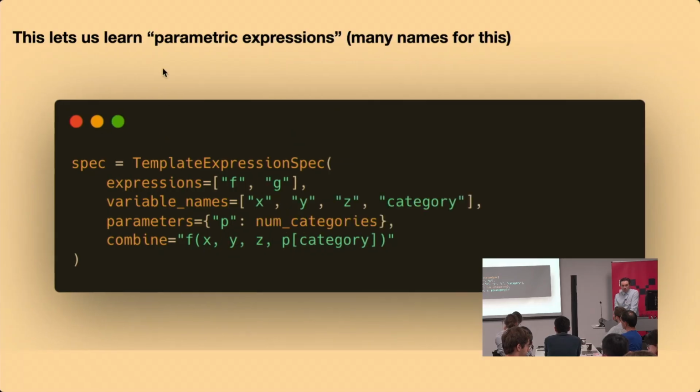Now, the really cool part about this is it lets you learn parametric expressions. So this is like if you want to learn a model that gets applied to different problems. So for example,